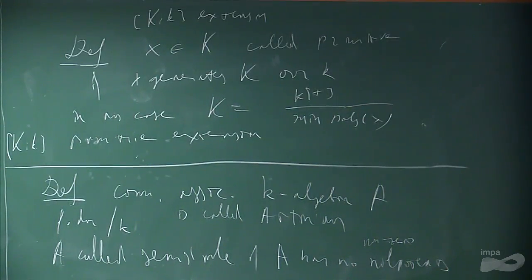And I will prove, not now, but in a couple of slides, the following important theorem, that any semi-simple Artinian algebra is a direct sum of fields. So theorem: every semi-simple